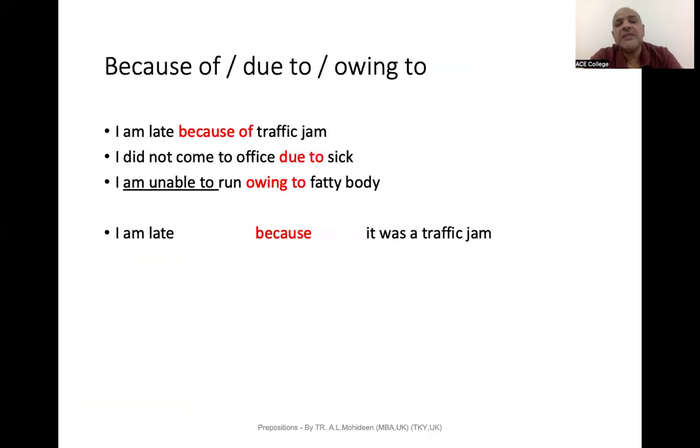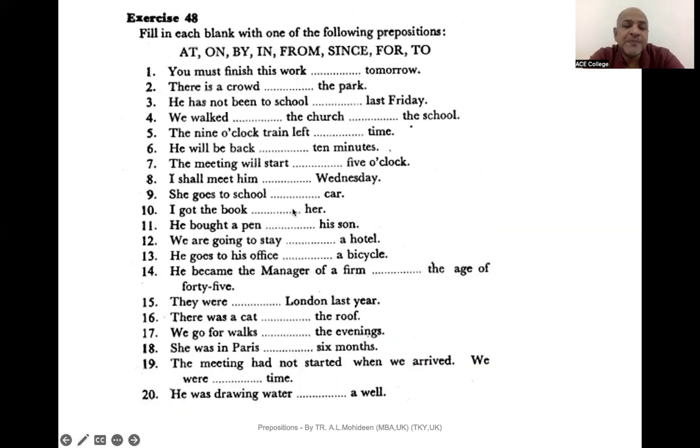So I'm late because of a traffic jam. I didn't come to office due to sickness. I'm unable to run owing to a fatty body. So I'm fat. I'm late because it was a traffic jam. So you are putting here conjunctions. Here because of is a preposition. Because is a conjunction. This is the difference. You have to understand. There are some exercises. So now you have